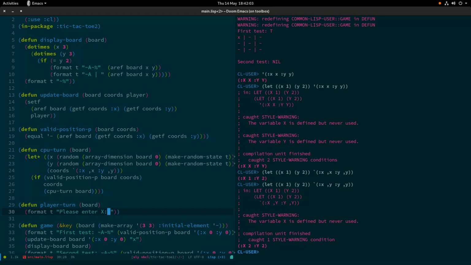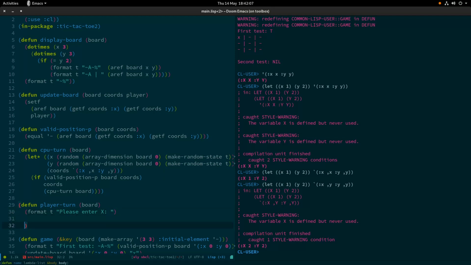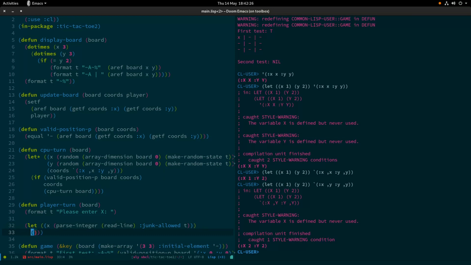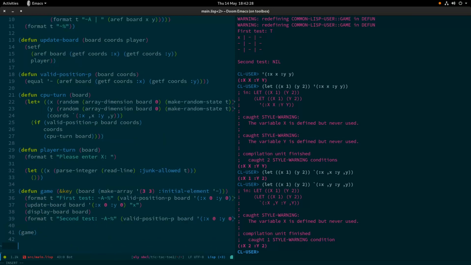There we go. We're just going to start by asking the player to enter an X position. Then we're going to try and bind X to what the player enters. Now, what I'm typing is very important. I'll show you what that does just now. So parse integer